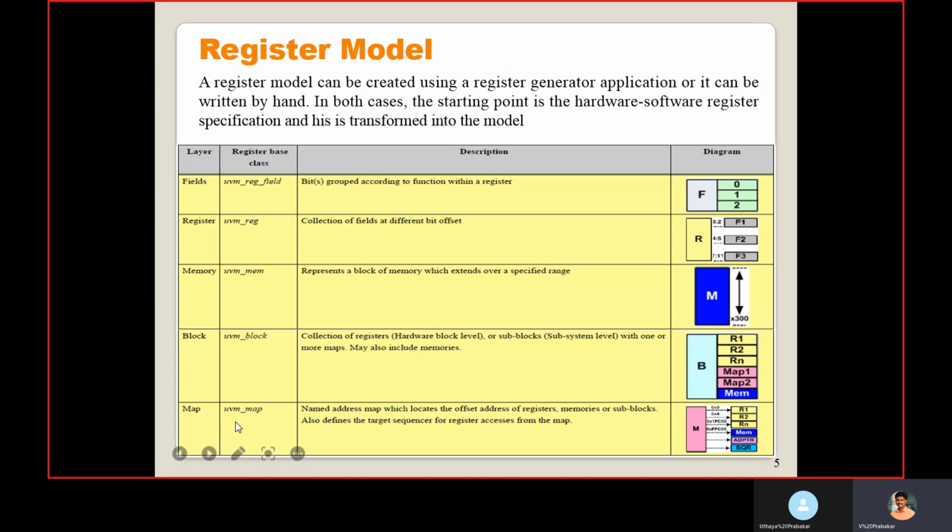First we need to create the map and add the registers and memory. In that we need to mention the offset addresses for the corresponding registers and memory. It also has the handle for the adapter and the sequencer through which we are going to transfer this. So those two handles will be available, and we should include them inside the UVM map.